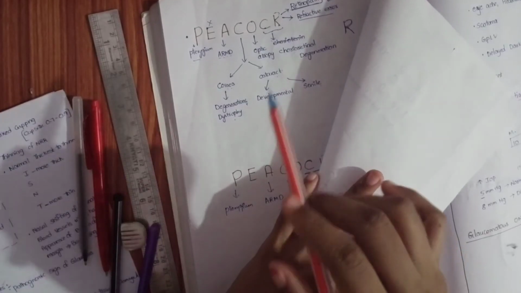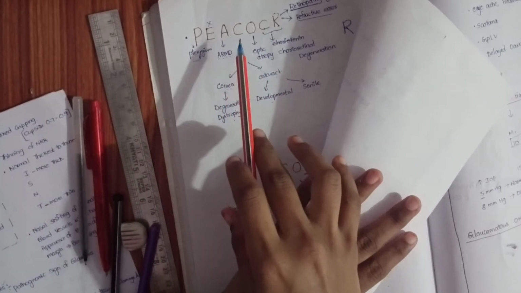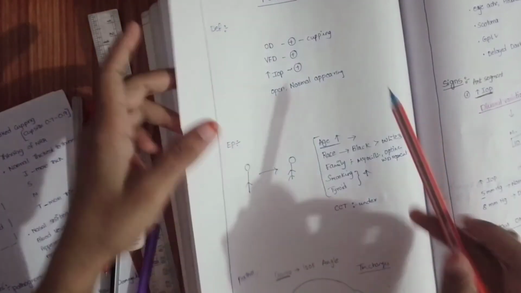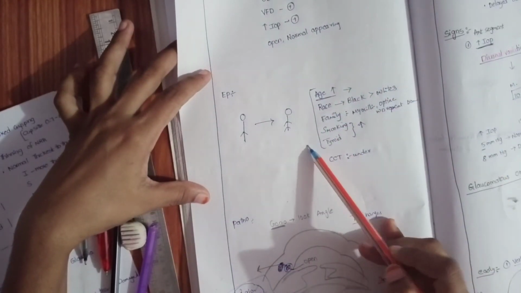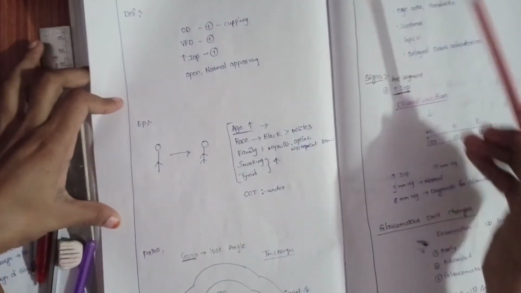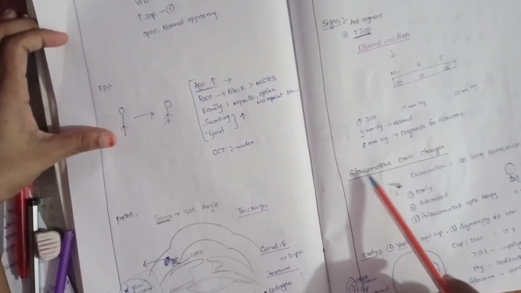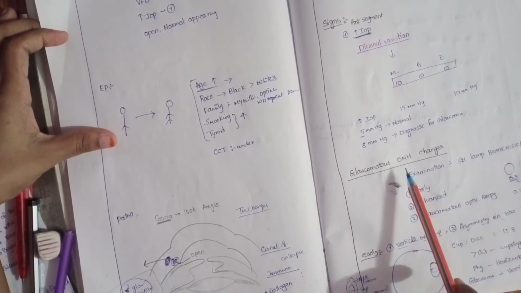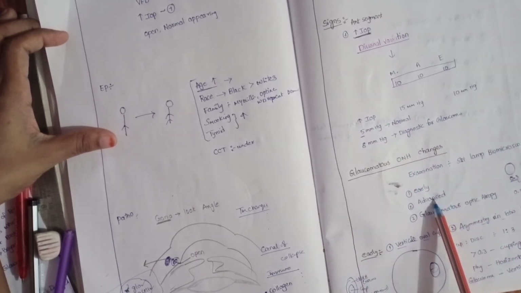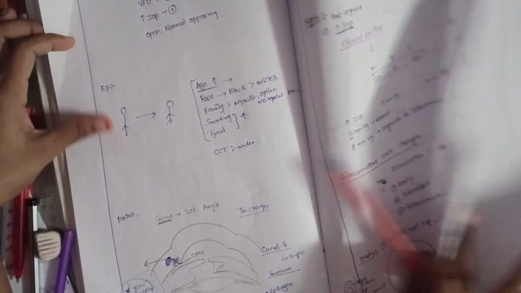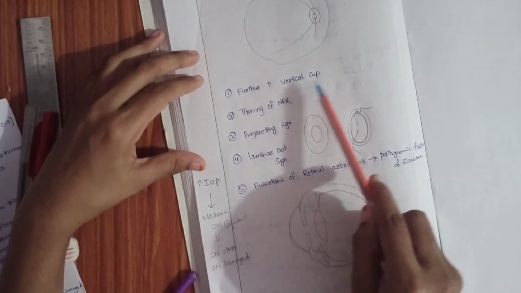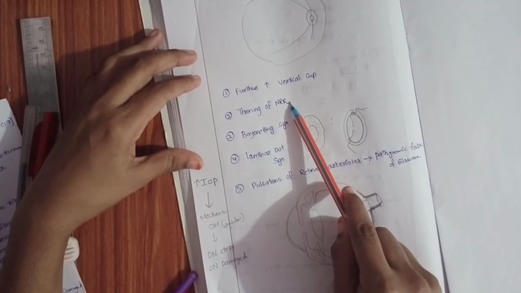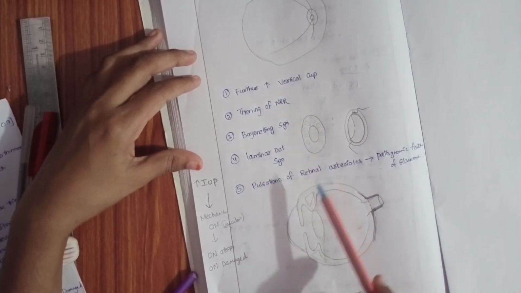In this video, we have discussed the causes of gradual painless loss of vision. We have discussed the definition, etiopathogenesis, pathogenesis, symptoms, signs. Then glaucomatous optic nerve head changes. In that, examination is done by slit lamp biomicroscopy. Optic nerve head changes are divided into early, advanced and glaucomatous optic atrophy. In the early changes, we have the vertical oval cup. In the advanced changes, there is increased vertical cup, thinning of neuroretinal rim, bayonetting sign, laminar dot sign and pulsations